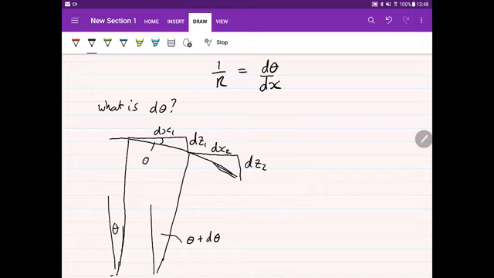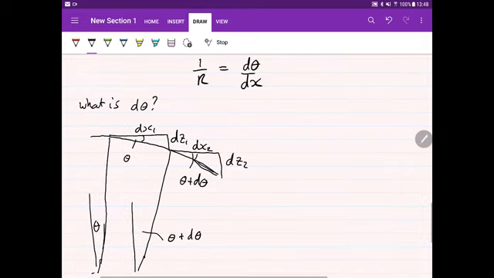So here we have theta, and here we have theta plus d theta. So we can write down an expression for theta here in terms of this gradient change, which is just dz by dx. And if we wanted to work out what d theta by dx was, we could then differentiate that